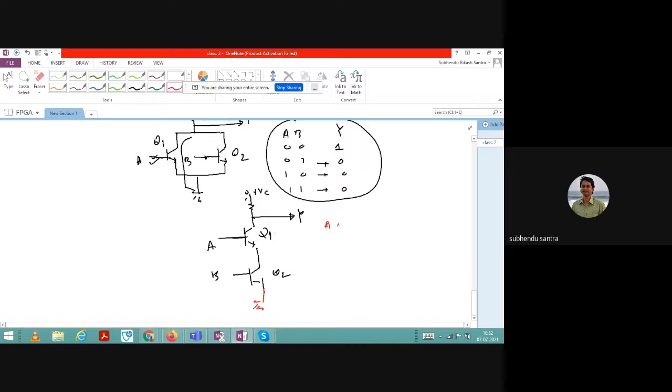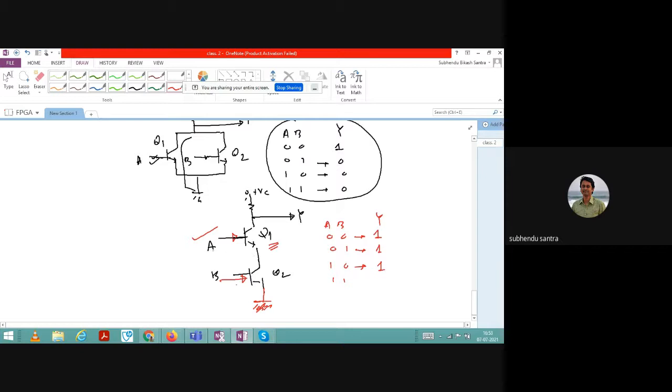So first of all A, B: 0, 0, then 0, 1, 1, 0, 1, 1, and Y. If you have given A as 0, 0 means no biasing. No biasing means it is off. So since it is off, even if you give 1, that doesn't matter. Because there is no current, the output will be just 5 volts, so 1. When A is 0 and B is 1, again it is 1, because if one is off, there is no point. Again, maybe this is working and this is not working, that means again there is no current flow, because it is not going to the ground, so once again it is 1.